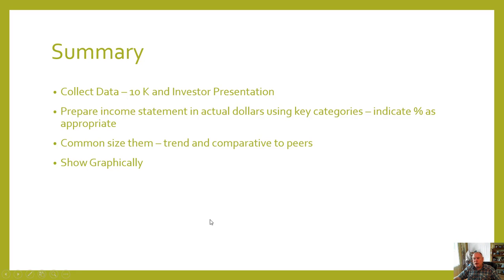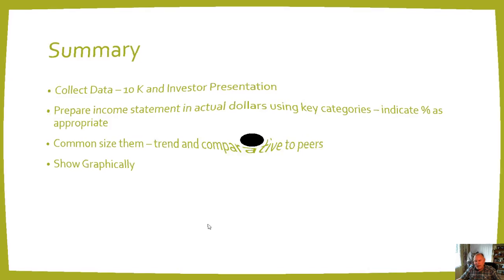So here's the summary. We collect data from the 10K and investor presentations. We want to use Excel. Okay, everything comes into Excel. You put it into one worksheet, and everything else you build going forward, what you just saw here, using formulas. You take the key categories. You got to nail them down. What's meaningful? Express them in both dollars and percent, watching commas, decimal points. Common size them. And